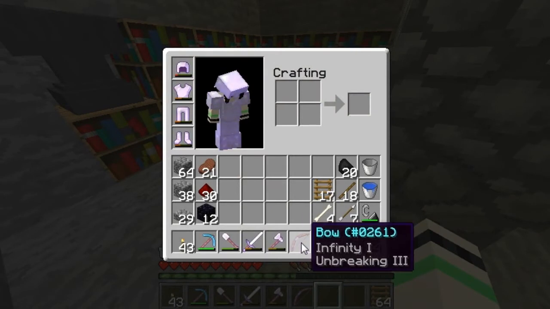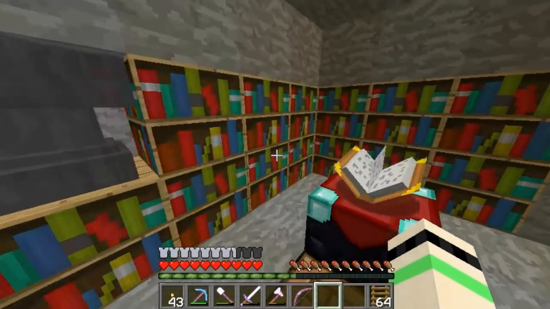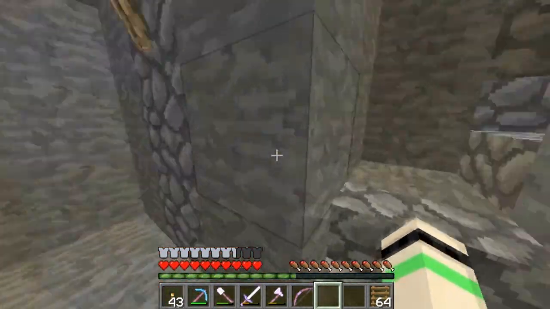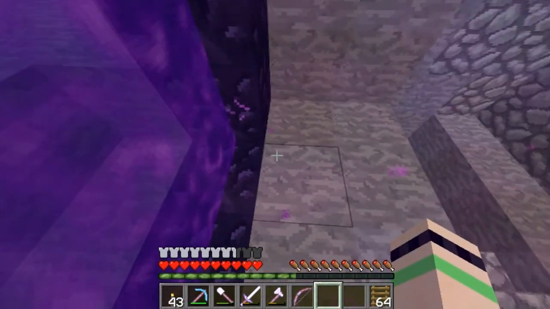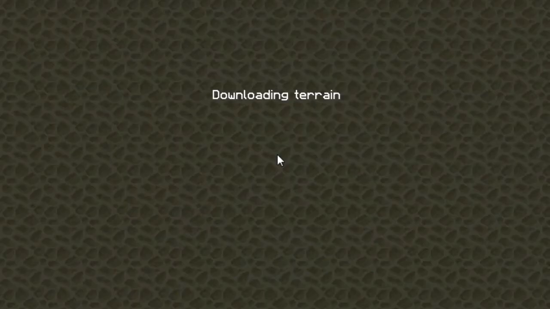And I've also enchanted this bow, but I did that a while back, because I've recently got enough bookshelves from my new sugarcane farm and the cow farm that we made last time. So yeah, first priority right now is to move our portals around, because when I go through